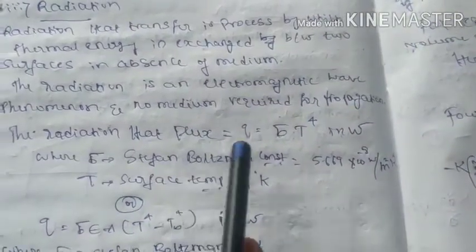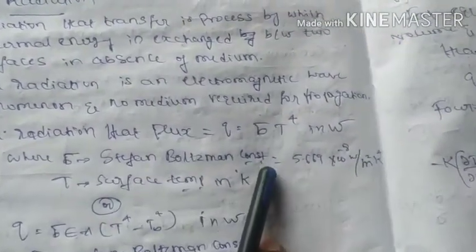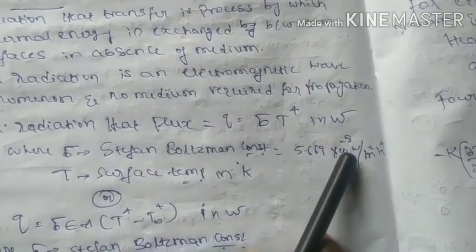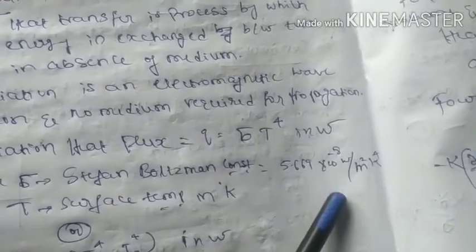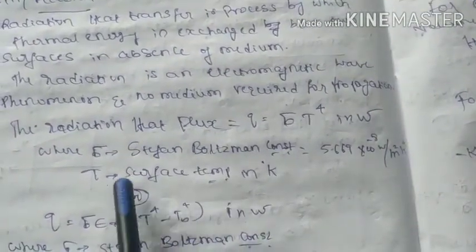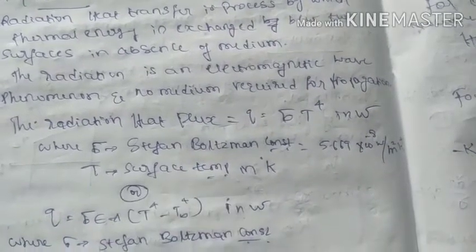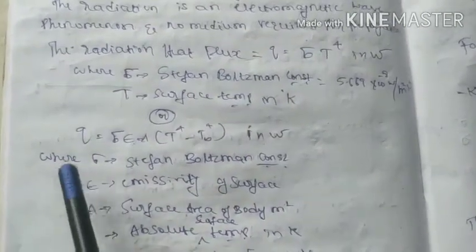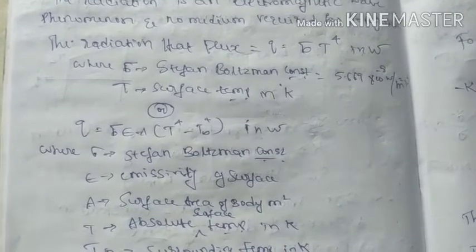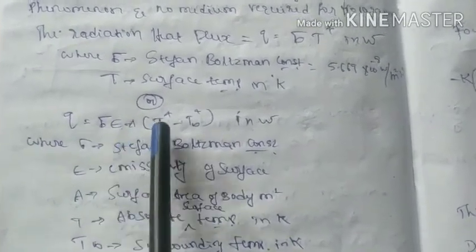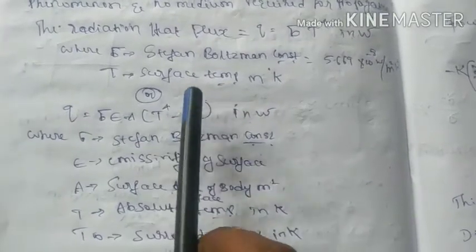The Stefan-Boltzmann constant is in the order of 5.69 into 10 raised to minus 8 watt per meter square K to the power of 4. That is the fourth power of temperature. T is equal to the surface temperature in Kelvin. Or one more way we can find this heat flux in the radiation mode, that is Q is equal to sigma into epsilon into A into T to the power of 4 minus T infinity to the power of 4,